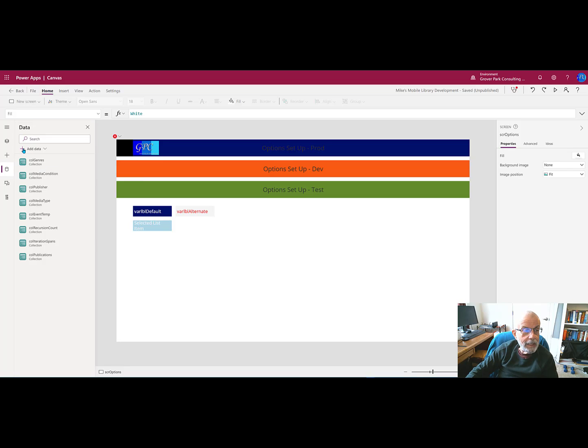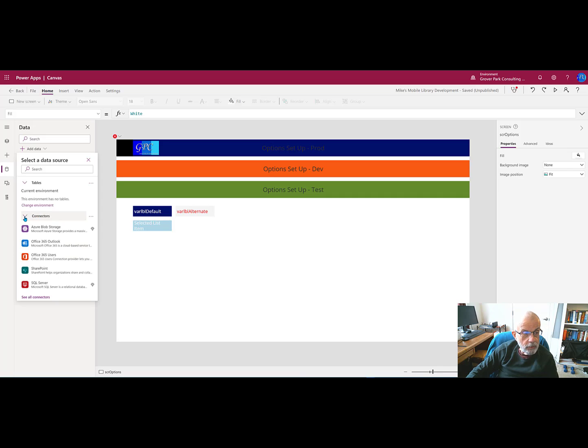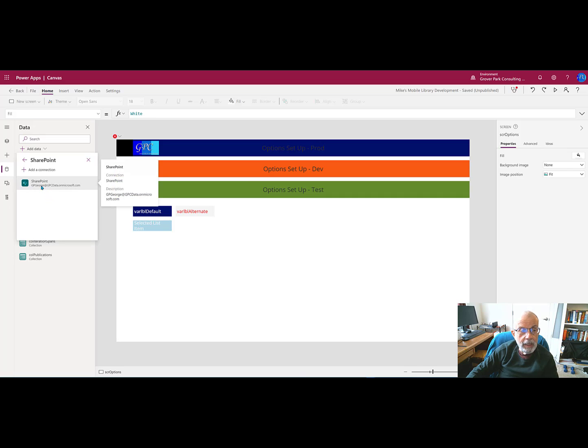Let's do that next. Click the plus icon, expand the connectors, and as you can see, the first option is our Azure Blob Storage, which we'll need later, and the fourth option is our SharePoint lists. If I select SharePoint, you will see that it already recognizes that we're in my SharePoint environment under my 365